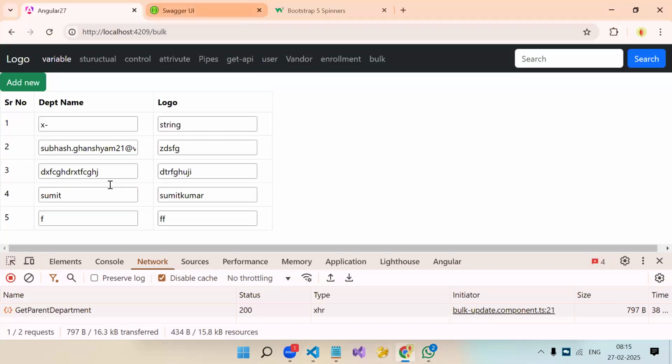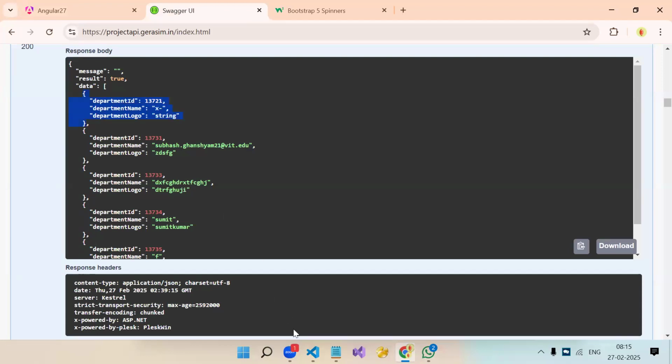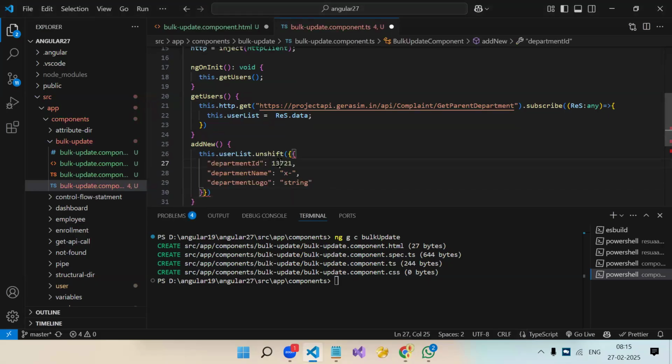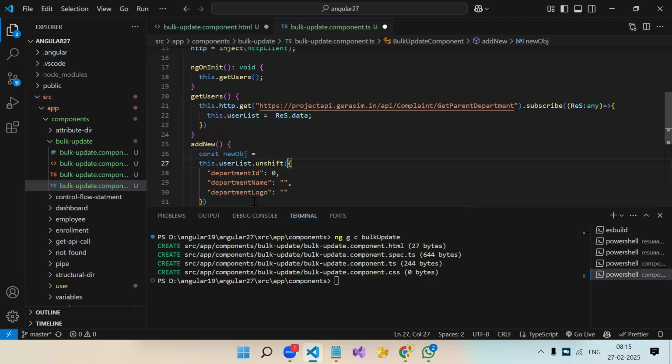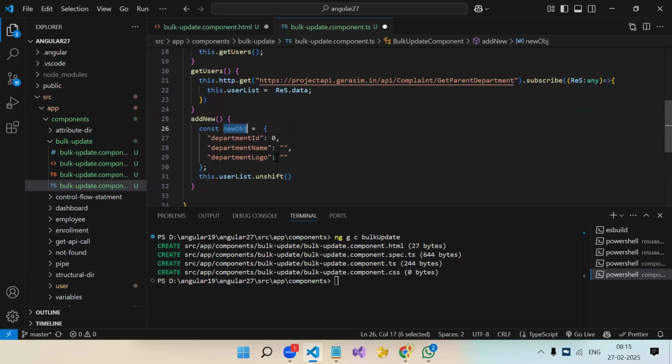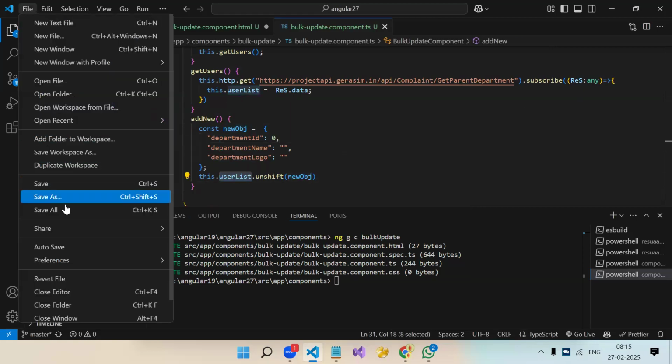The object will be the same as this. What properties do we have? Department ID will be 0. This will be empty and this will be empty. Or let's simplify it. New object. I'm creating a local object, a local variable, and this variable I will be passing over here. So on click of add new, I have created a local object with department ID 0 and the other field empty. And this object I am pushing to my array. Okay. Now if you save,